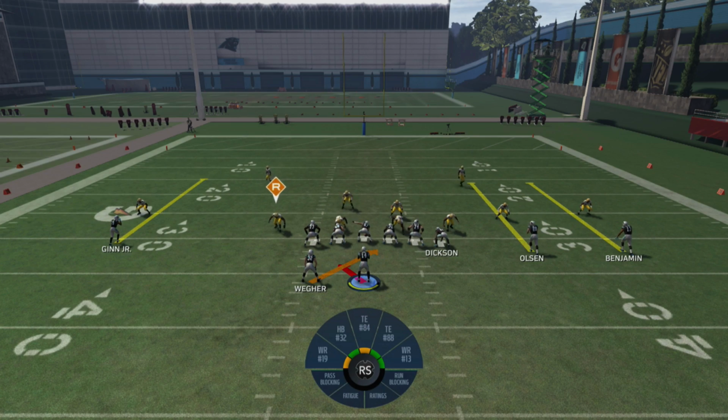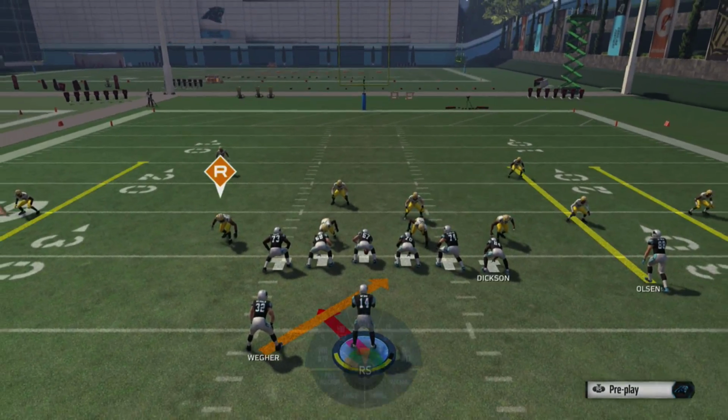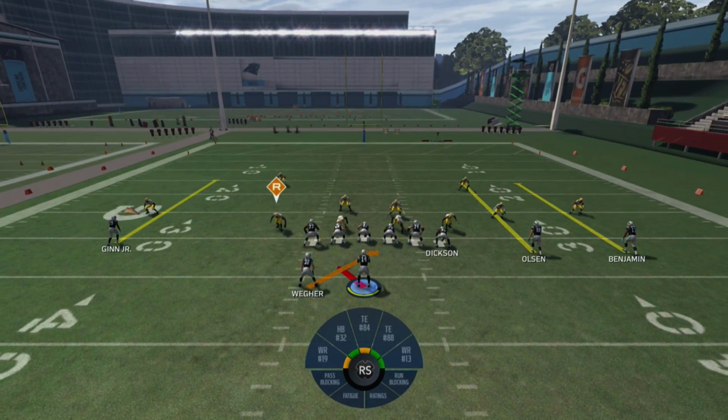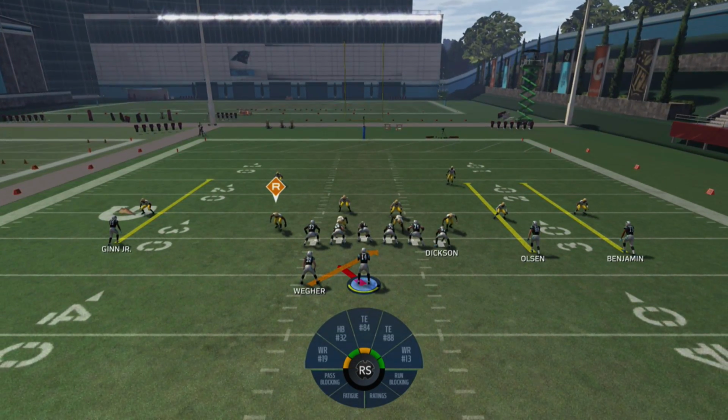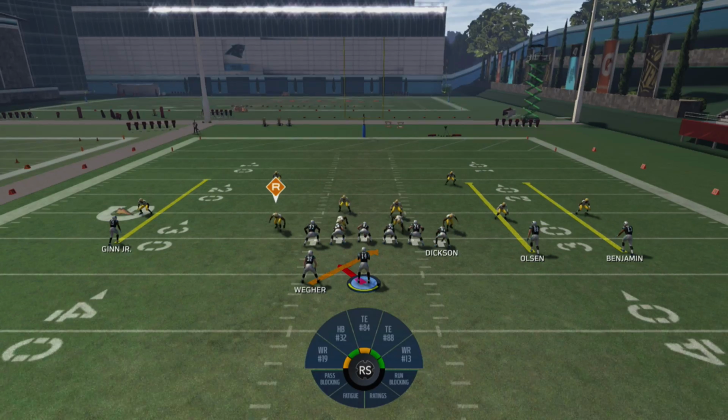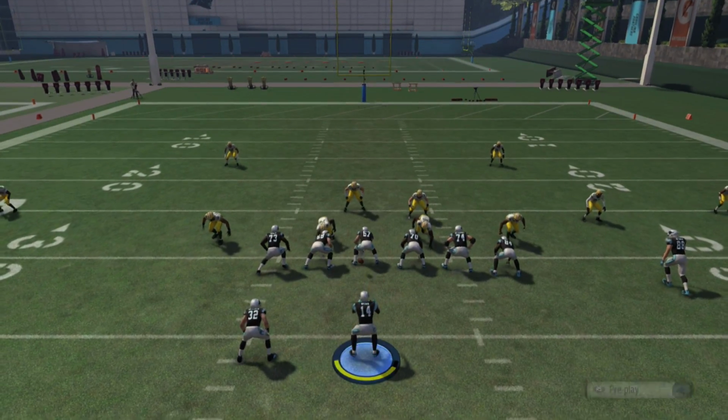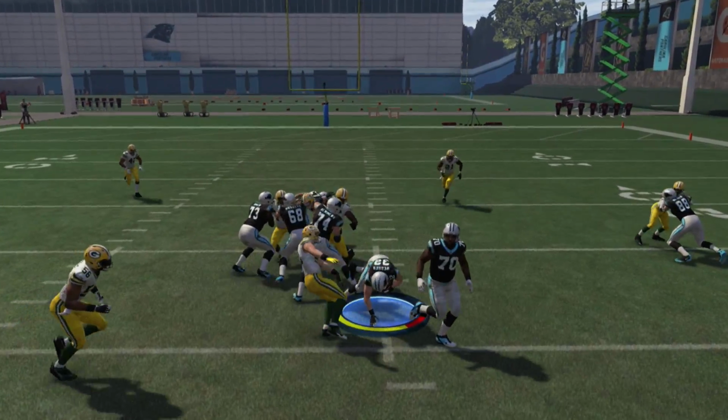Now what's great about this is it's on the opposite side, so that's always nice. We hold down RT, we see R's right there, so that's the guy we're going to read. If he's going to stand still, we're going to hand the ball off. If he's going to run, then we're going to keep the ball at the quarterback. So let's snap the ball. We're going to see he's going to stand still, so we're going to hand the ball off with our running